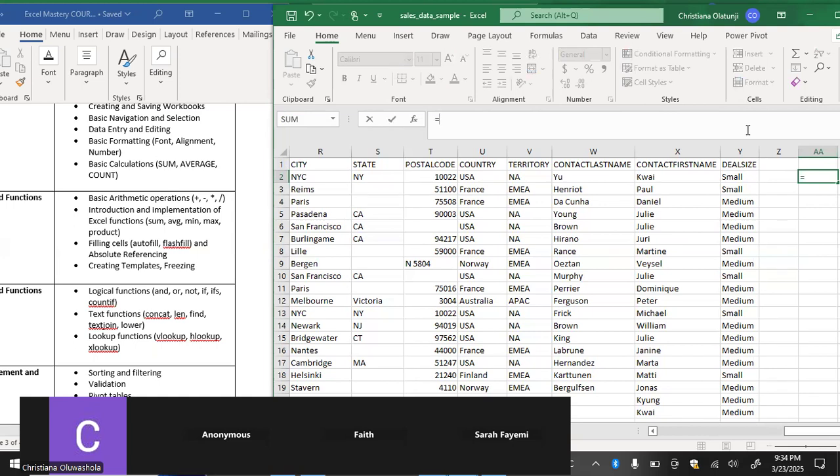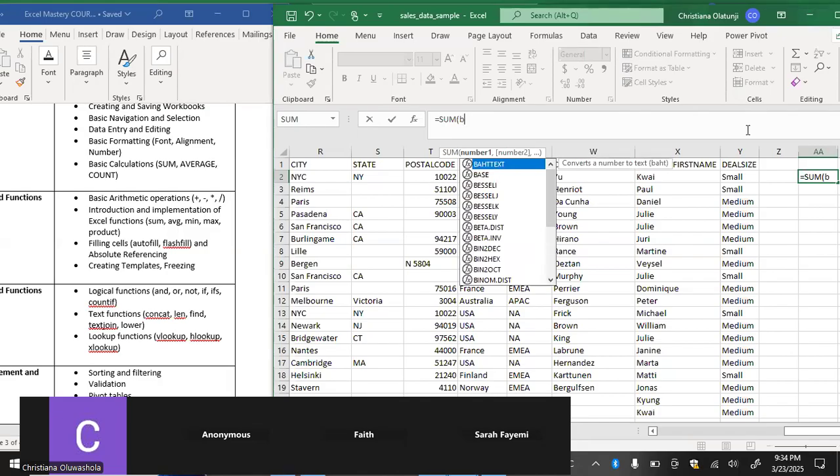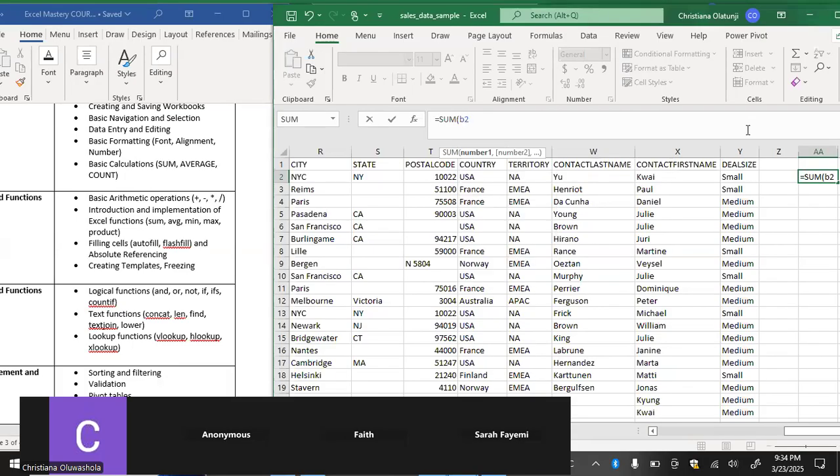I can just say equal to sum. If you look at it, the quantity of order we want to use is on column 2. That's B. So that is why I know I am working with B. So I know my column is B,